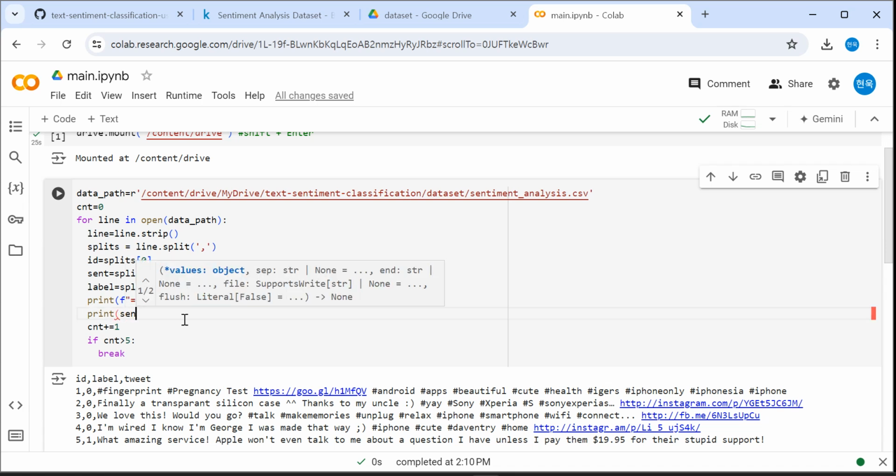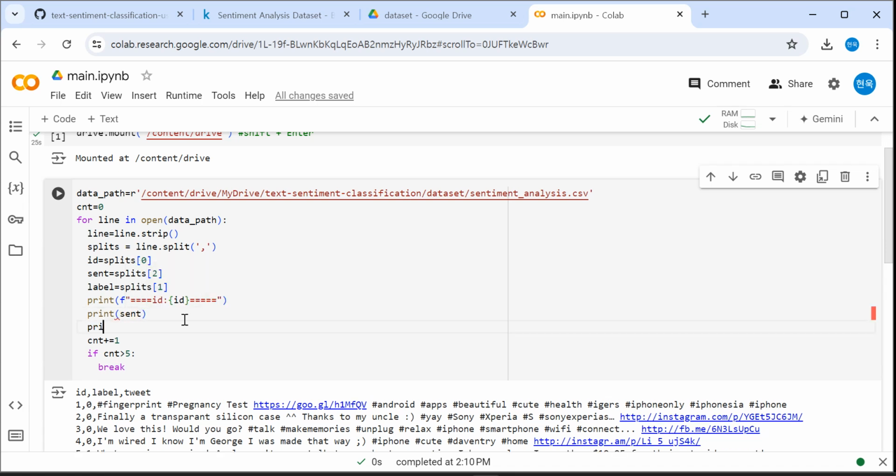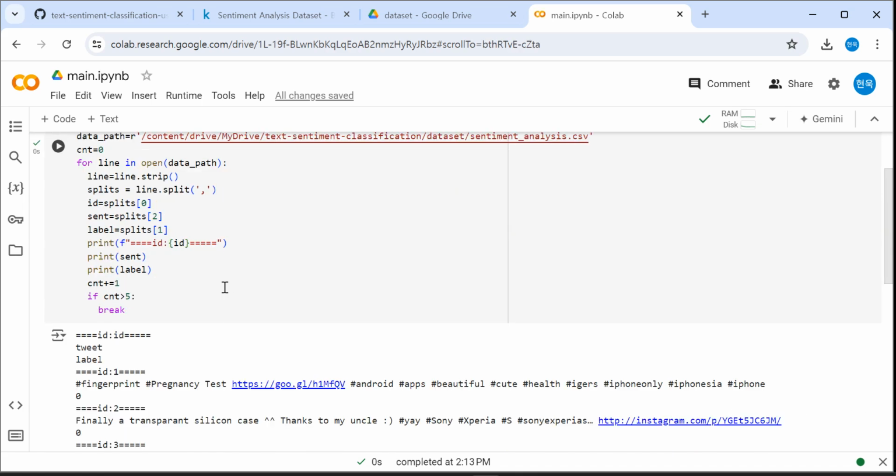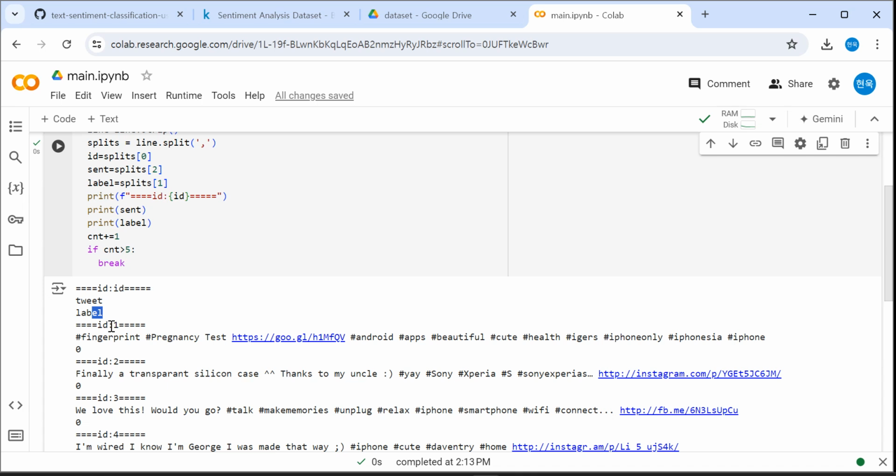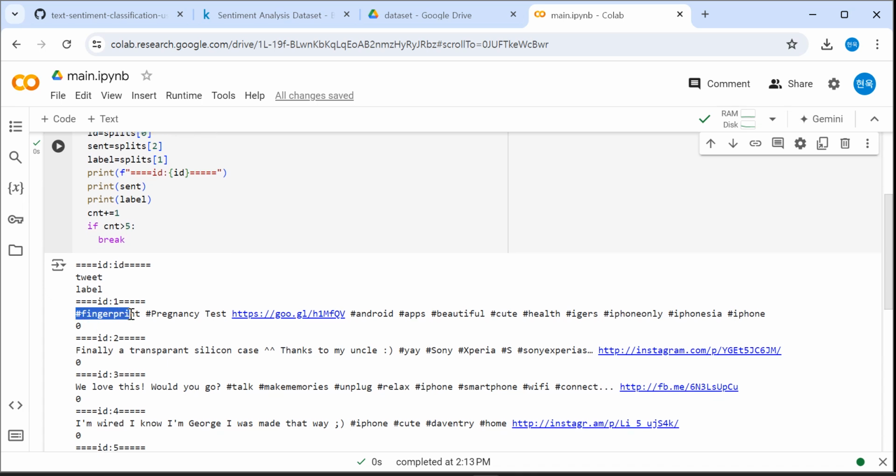Print sent, comma, print label. So shift enter. You can see ID is ID, tweet label, and from ID 1 we can see the sentence,